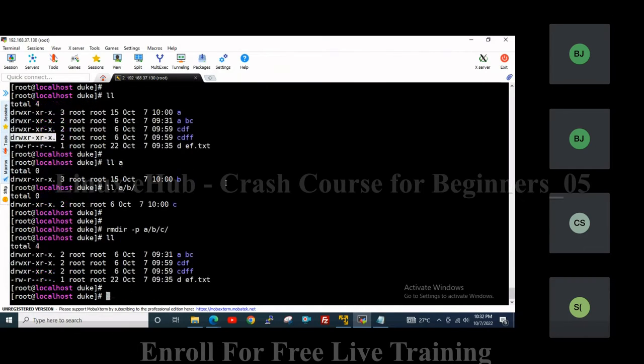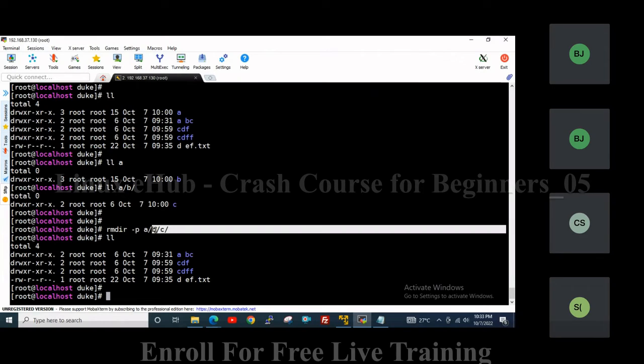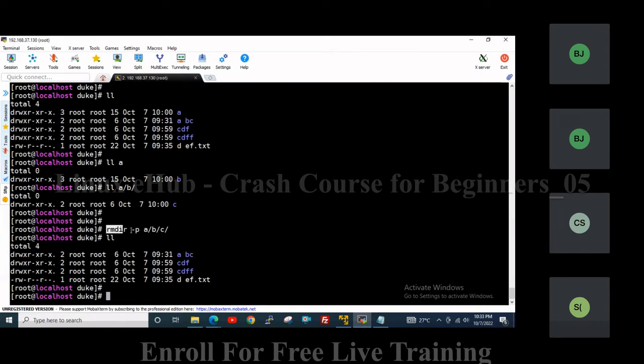You can see a directory deleted, but the difference is I have to give the exact path a/b/c. I have given the exact path, so that using the rmdir command, I am able to delete all the directories. But in a real-time environment, it is not possible to remember the paths or the directory